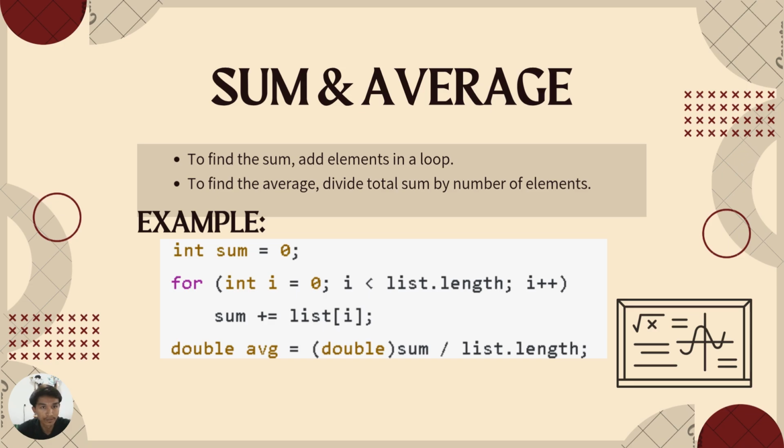Sum and average. To find the sum, add elements in a loop, and to find the average, divide the total sum by the number of elements. For example: int sum = 0; for (int i = 0; i < list.length; i++) sum += list[i]; double average = (double) sum / list.length;